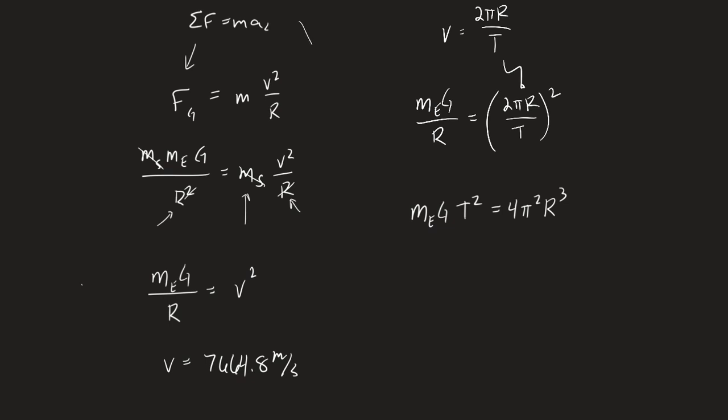Now, that derivation begins here and ends there. But this would give you the period in terms of the given quantities in case you screw something up trying to deal with the velocity. It does have an r cubed in there, and so some of you will have to find that button on your calculator. Or use this and step it through the velocity. It makes no difference to me. But you'll notice I'm not putting any numbers in, because that's also a failing for some of you. During first period,